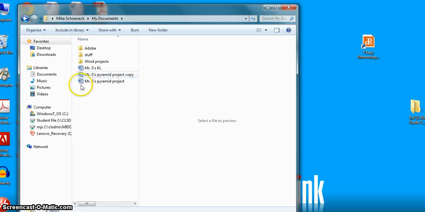Now I'm going to drag up these folders, or excuse me, files into this new folder, and I'm going to drag my Pyramid Project file. And in a previous video I talked about backing up your major projects by creating a copy and also saving a copy into your Google Drive account. I drop that in, and now I need to decide if I'm going to put my keyboarding lessons inside this